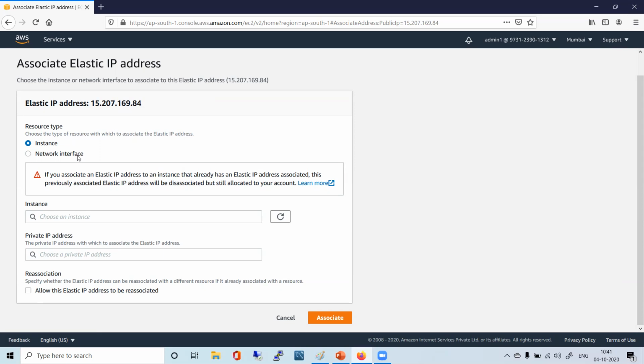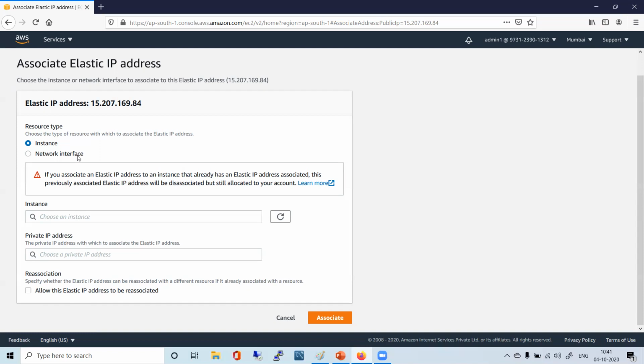So what is elastic network interface? Just a network interface card, right? Which is virtual. It's not a physical one. Everything becomes virtual when we think about a virtual machine, right? So whatever physical interface is there, that is ENI, elastic network interface. You can associate it with an instance, means whatever is the default network interface there, it will get associated with that, right?